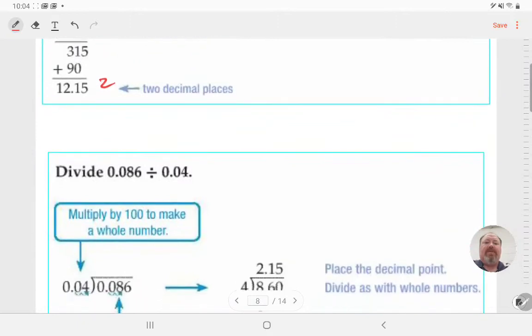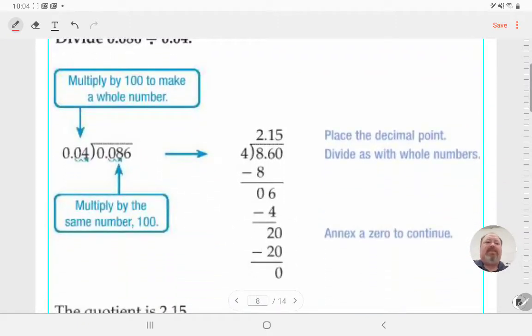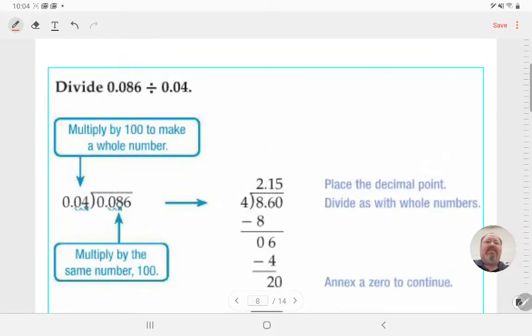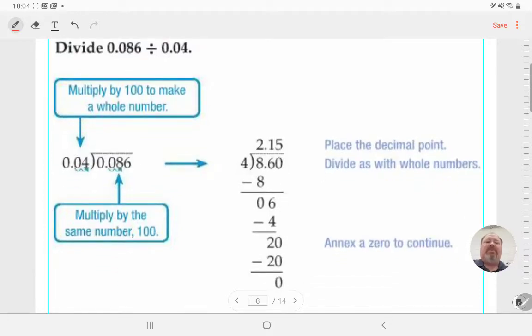So that's how I know where to put my decimal. All right. Division works a little bit different. So in this case, we want to divide 0.086 divided by 0.04. Now, we want to make sure that we're dividing by a whole number. So we need to multiply to get this decimal over. Well, we can multiply by 100, and this would move it over 2 places. If we do it to that number, we have to do it to this number. So therefore, that becomes